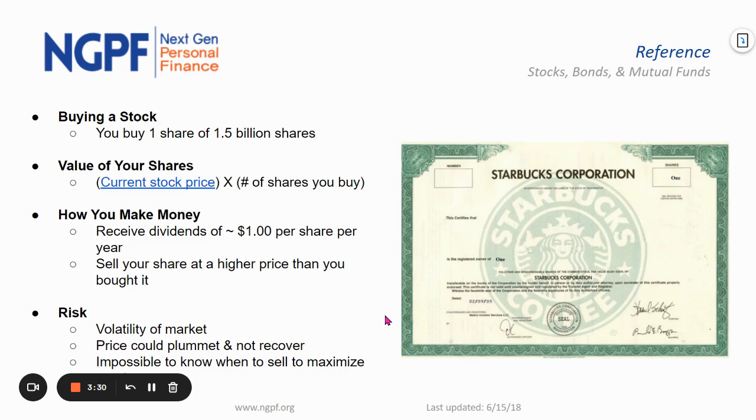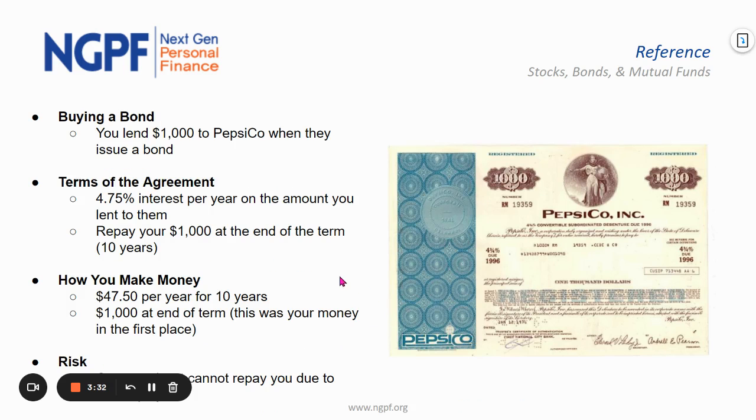Okay, so that's stocks. And then bonds. So bonds are basically, you purchase a bond, but when you purchase that, you are basically promising that company that you will loan them that money that you spent. So you purchased a bond for $1,000. That means that you paid $1,000 to this company, in this situation, PepsiCo, or it could be to the government, which is usually a more secure bond. And they are allowed to use that money for whatever they need. They will keep that money for a set amount of time.